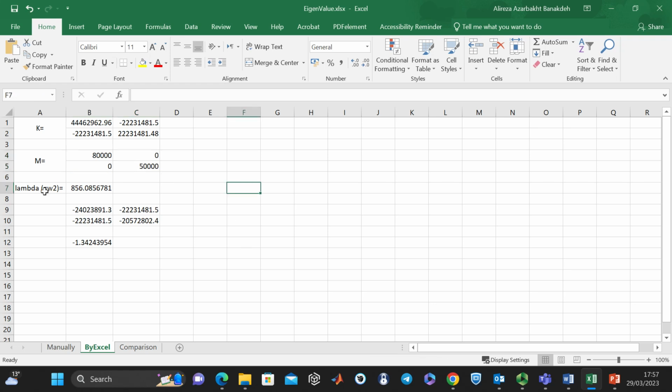And here is lambda, which is actually omega squared. Let's set it to 0. I can always start from 0. And here, what you really need to do is